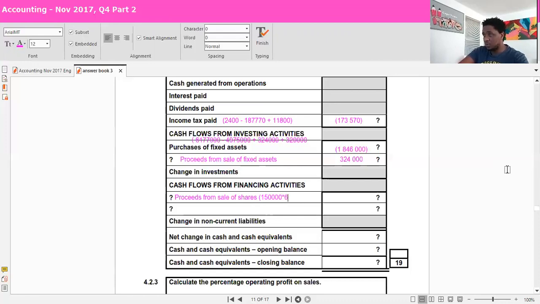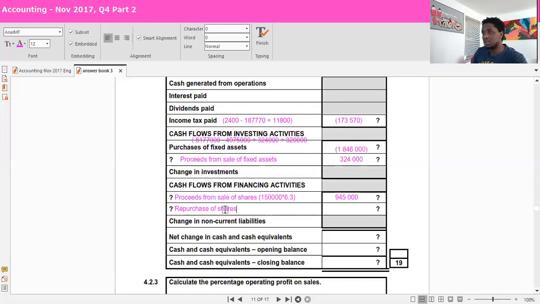So it was sold for 630, and that would then give us an amount of 945,000. Then we know that the thing that will follow is the repurchase